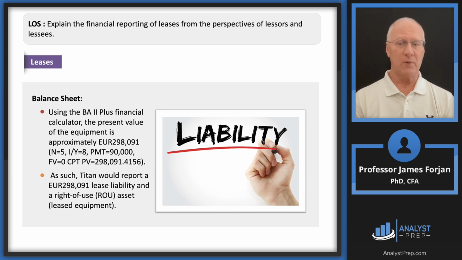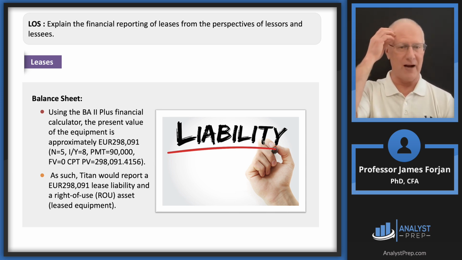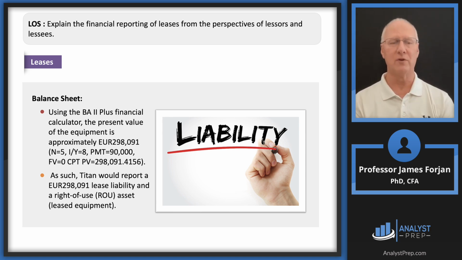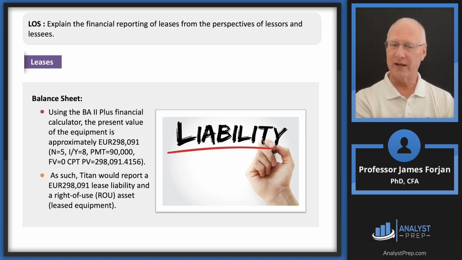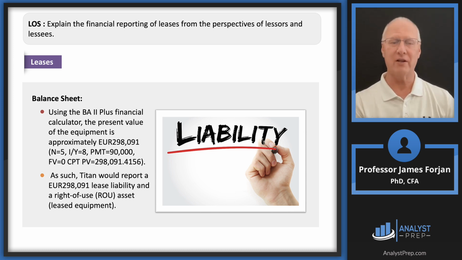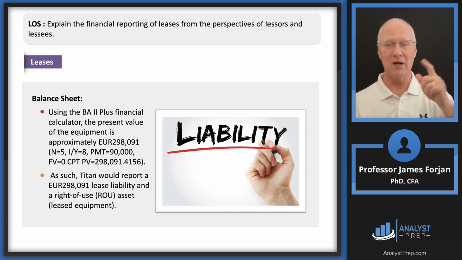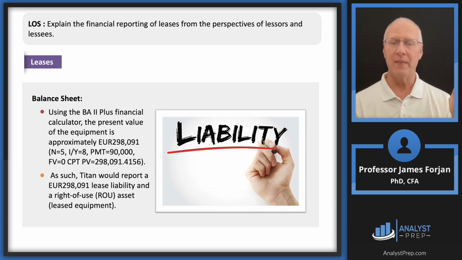I'm guessing you guys are experts on your financial calculator, but if not, go ahead and pause the video and put an N of 5, I of 8, payment 90,000. Remember, I say this before, don't forget to hit future value of 0, because your calculator will remember that previous future value, unless, if you guys are using the BA2 Plus, unless you do one of those second clear all, then that'll wipe it out. Then you don't have to put the 0 in there, but my heavens, please get in the habit of putting the 0 in for time value of money questions, whether or not you clear it. I teach my students that all the time.